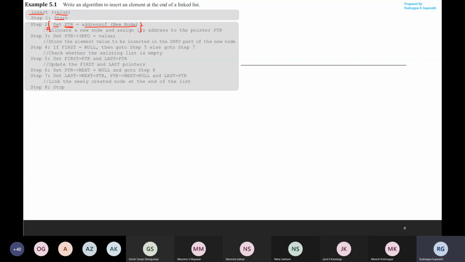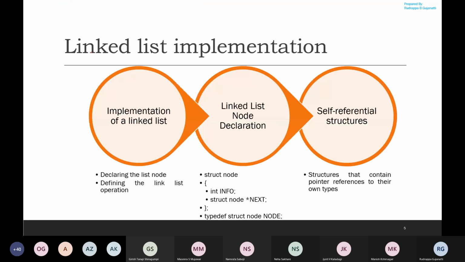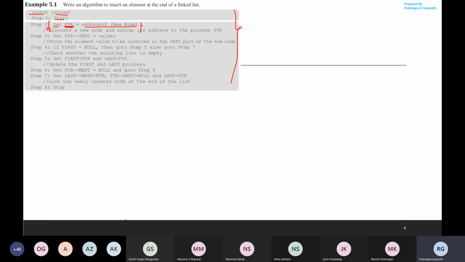So I know that this one is the node data type, what we had observed. So we have again two fields, the info field and the next field. That is the assumption of what we have made over here, that we have declared the structure and we are using that field over here. So here we had declared the representation, right? It is having two fields. So based on this, we are moving ahead that it has been declared.